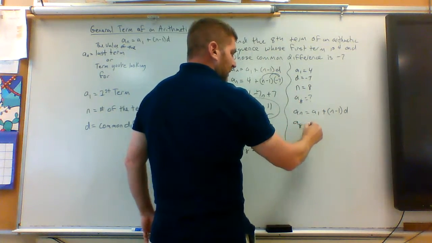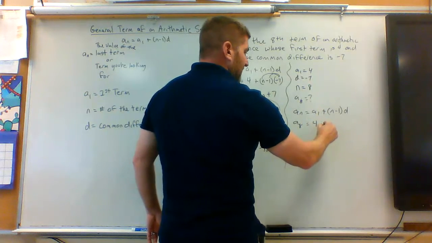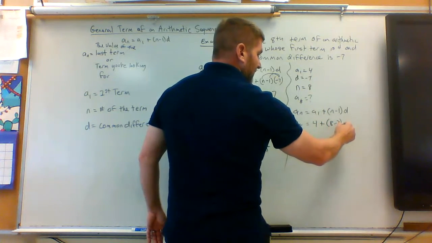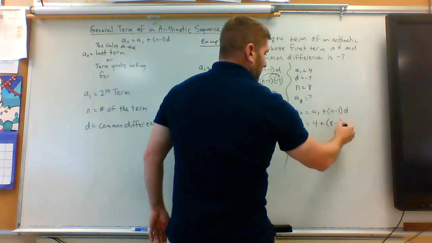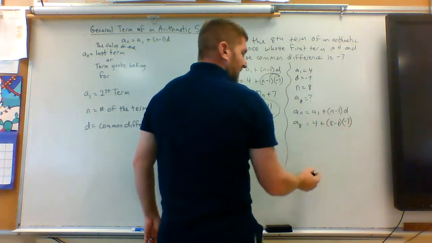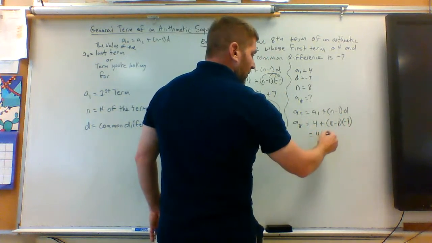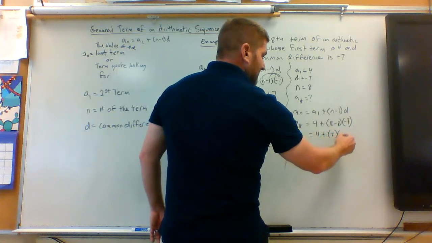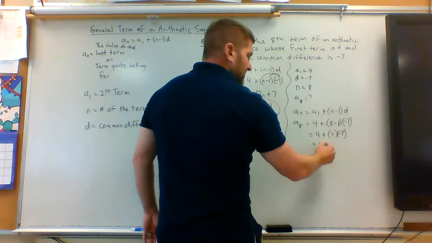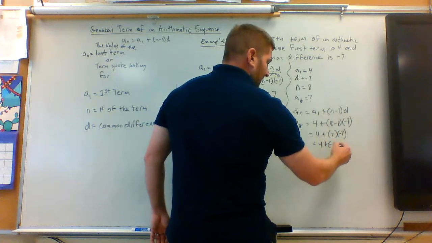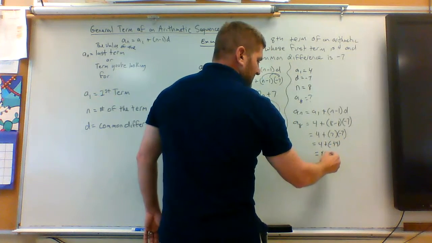What is the 8th term? Well, A1 is 4. I'm looking for the 8th term, minus 1. And then the common difference is -7. So that's 4 plus 7 times -7, which is 4 plus a -49, which is just 4 minus 49,